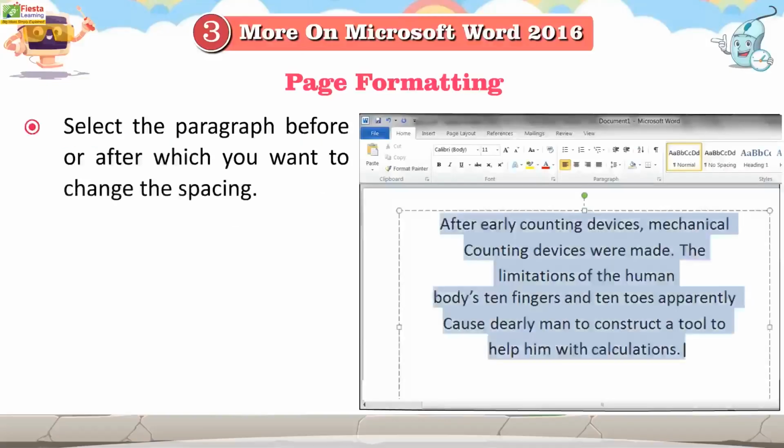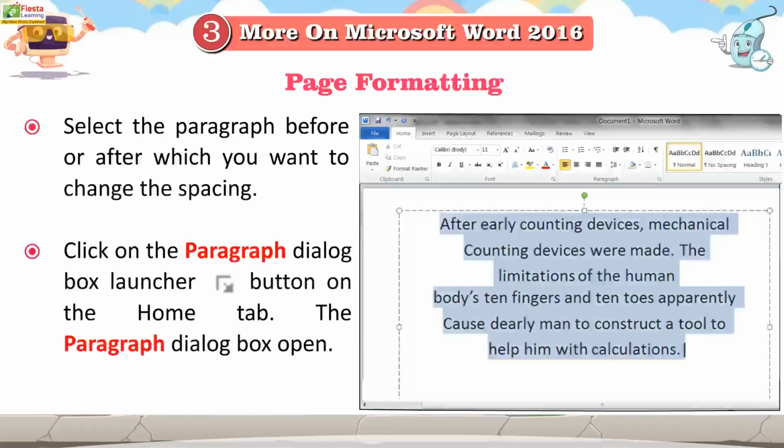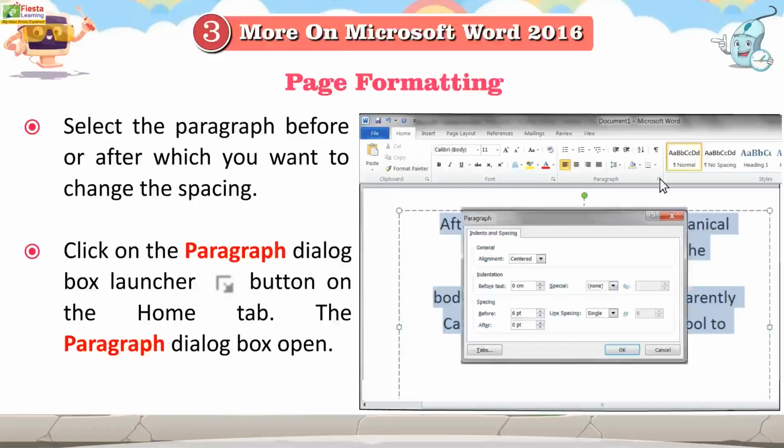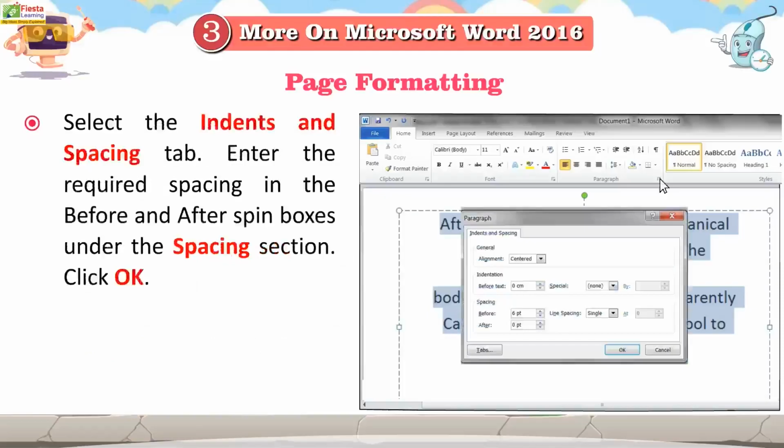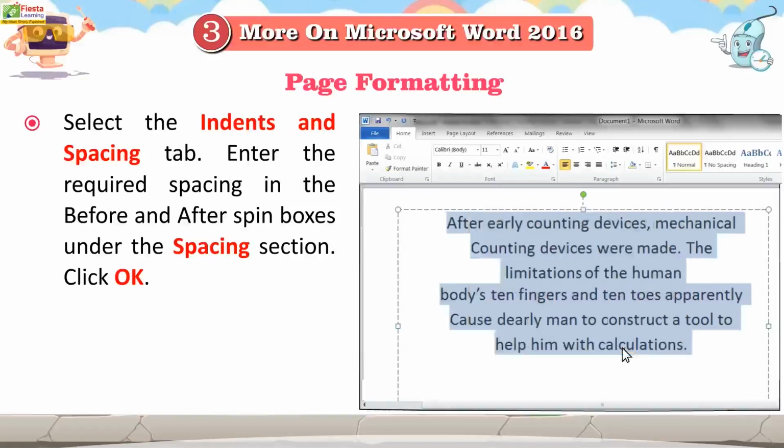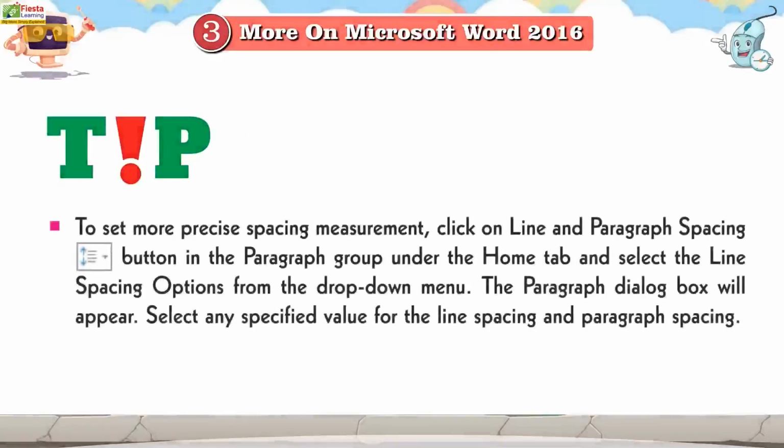Select the paragraph before or after which you want to change the spacing. Click on the Paragraph dialog box launcher button on the Home tab. The Paragraph dialog box opens. Select the Indents and Spacing tab. Enter the required spacing in the Before and After spin boxes under the Spacing section. Click OK. Tip: To set more precise spacing measurement, click on the Line and Paragraph Spacing button in the Paragraph group